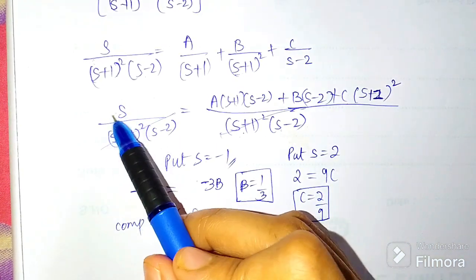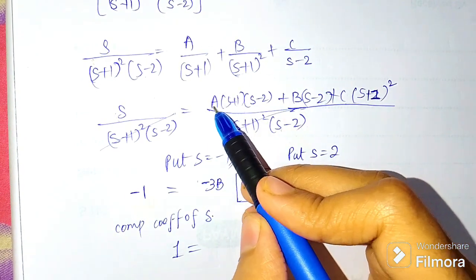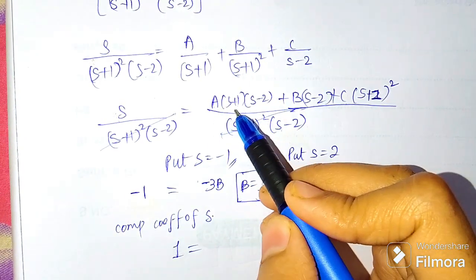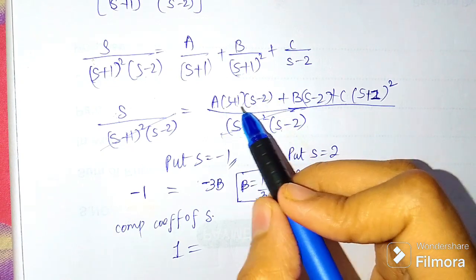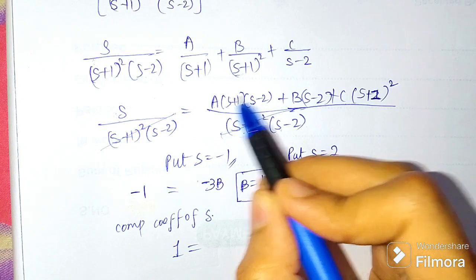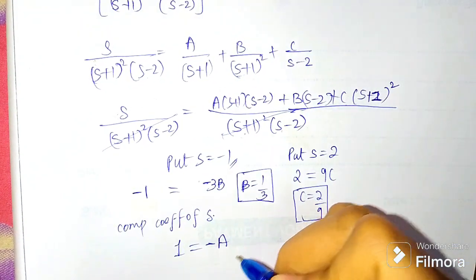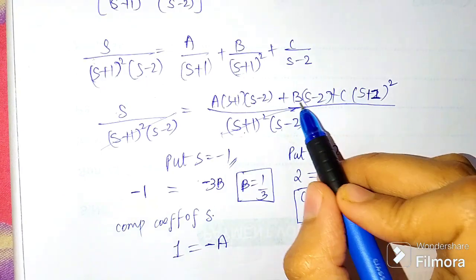So this side is 1. So 1 is equal to this side, the coefficient of s squared. Okay, you'll get s squared. Then you'll get minus 2s plus 1s, which means minus s. For that we'll get one coefficient as minus a. Okay. Next from this you'll get